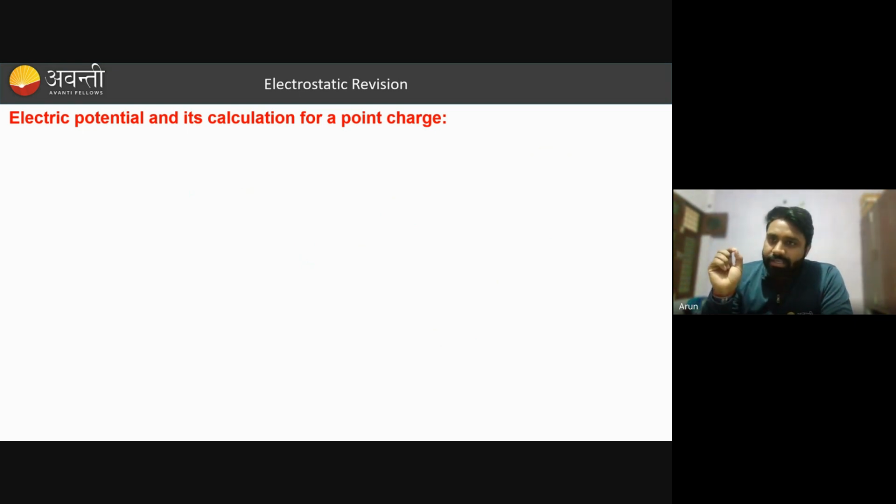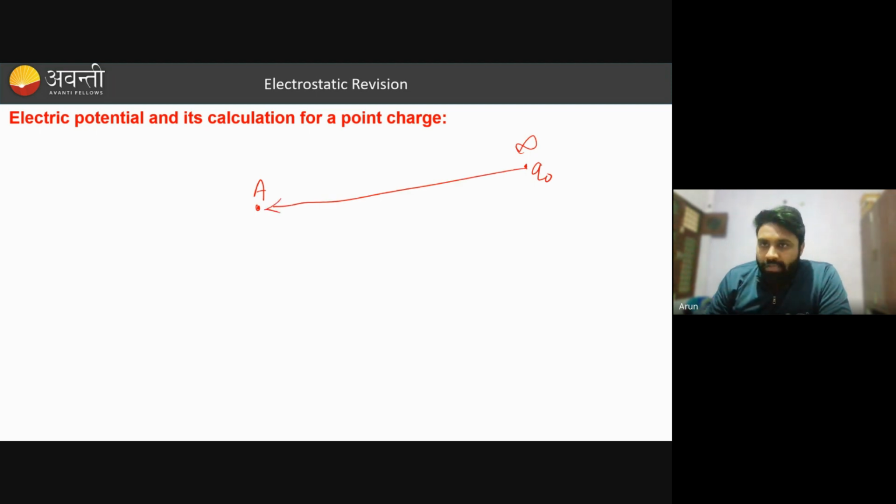So electric potential is nothing but the work done that we have done to bring a point charge from infinity to a particular point. Okay. Let's say this point is A, and we bring a point charge or test charge Q naught from infinity to this point. Infinity से किसी चार्ज को ला रहे हैं किसी पर्टिकुलर पॉइंट पर,